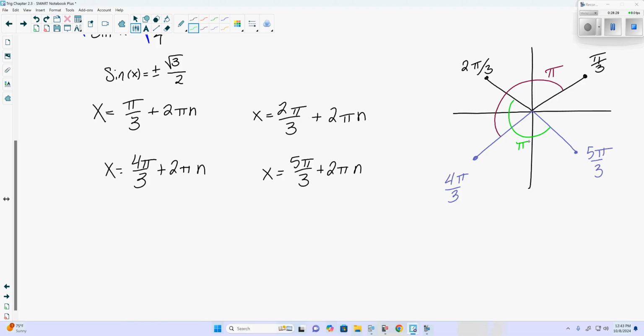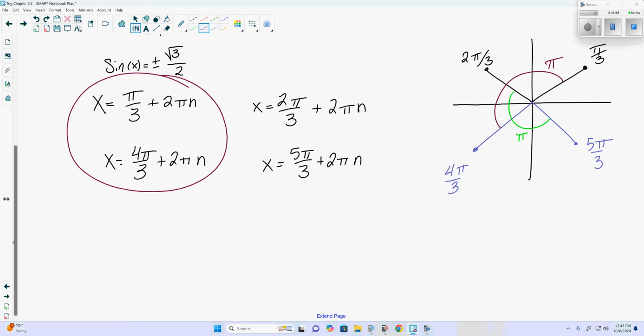If I added pi to 4 pi over 3, where would I get back to? Pi over 3 is the coterminal angle, yes? And really just adding pi to it, I would go back to 4 pi over 3, and they'd go back and forth, yes? And the reason I point that out is because